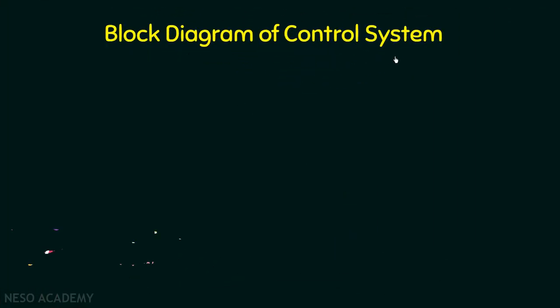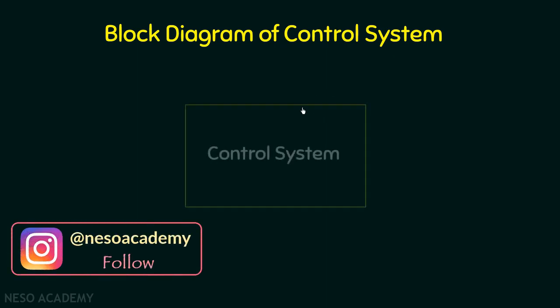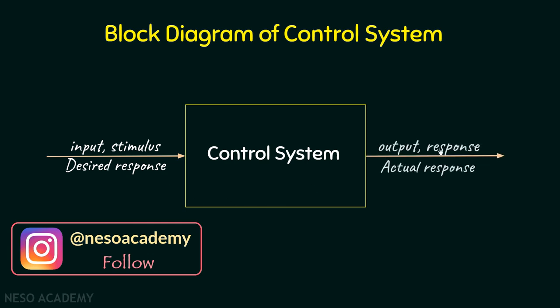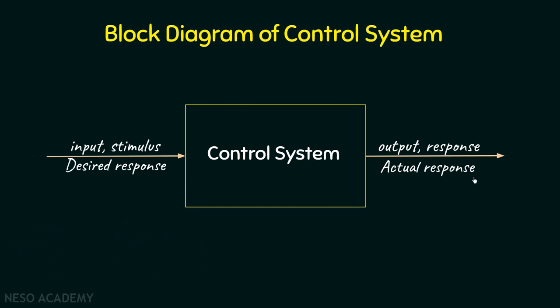of control system. And we know that if this is the block diagram of any control system, then on this side we have the input or the stimulus to the system, and this is the desired response that we want from the system. On this side, we have the output or the response of this system to this particular input, and this is the actual response that we get from the system after the process is done. And we also know that the difference between the actual response and the desired response is the error of control